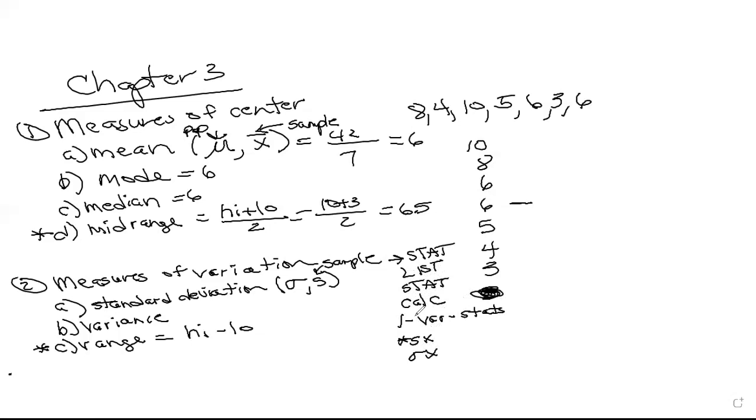And don't put SX equals. That's Texas Instruments notation. You're just going to put S is a certain number. And then whatever you get for your standard deviation, you would square it to get your variance. And then your range here would just be 10 minus 3, you'd get 7. Okay, so make sure that you can get your measures of center and your measures of variation for a list of numbers. Okay,